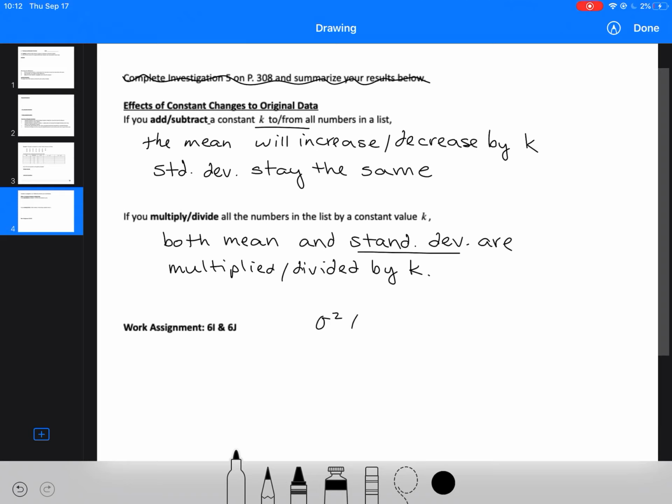Remember, the variance is the standard deviation squared. So dividing by k is going to have a little bit of a different impact on the variance because of the squared there, and there are a couple homework problems that give you a chance to practice that. Okay, so you can find some practice questions in 6I,